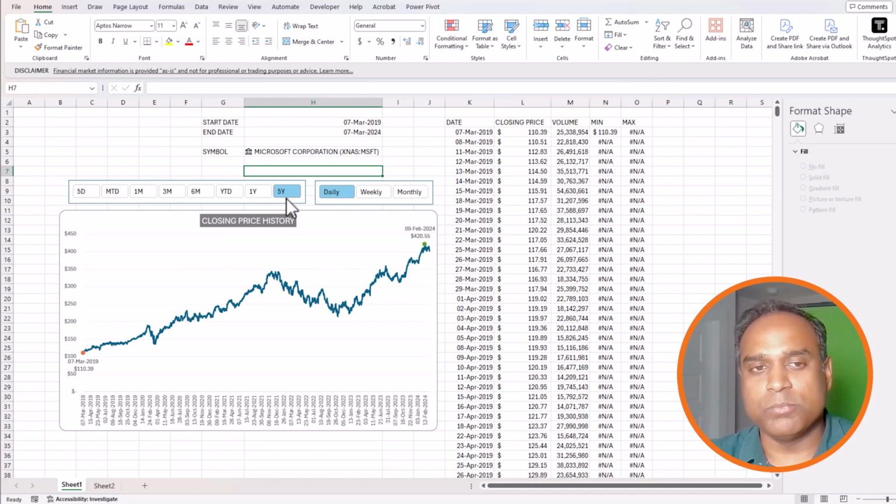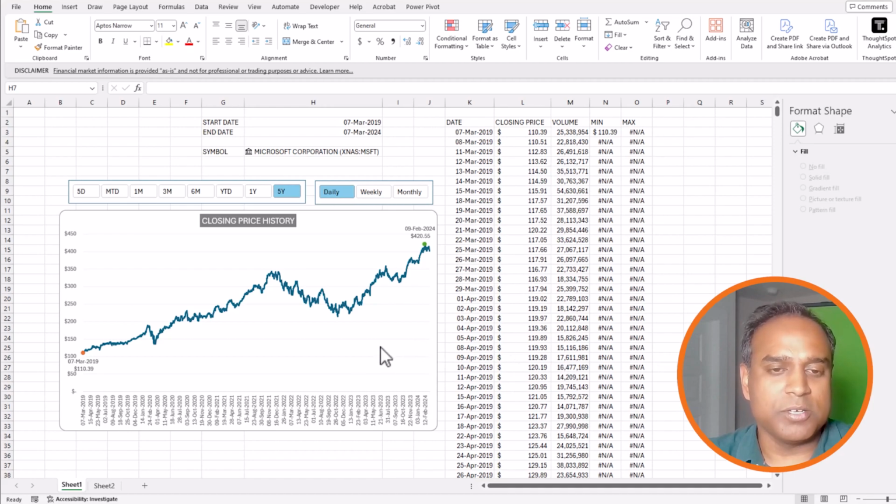But anyway, if you want more, you can change the formula. Instead of 5 years, you can make it 10 years and so on. But basically, we have built a dynamic and interactive stock price history chart, pulling live data from Microsoft service, changing the dates automatically with the slicer, changing the period interval to daily, weekly, monthly, automatically the minimum point and the